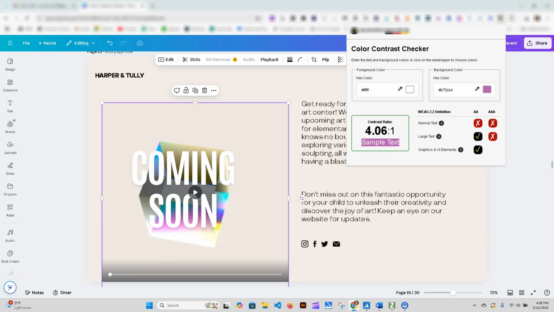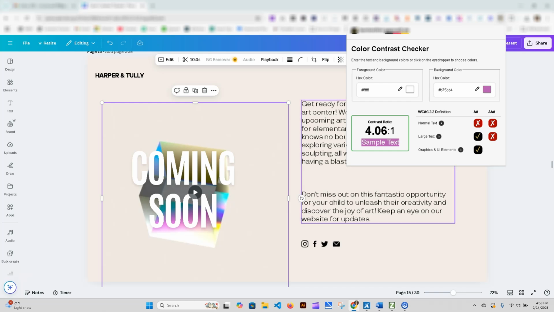What you need to do when you're testing an element like this is you need to actually test the foreground to each of the background colors. And it's best to start with the lightest, because if it's not passing the lightest, where the white text is touching the lightest color, which you could maybe say is this yellow, or this kind of purple and pink really fades out very lightly here. So you'd want to test it to that, because if it's not passing that, then it doesn't pass. So you don't need to test all the other colors, but you just need to be aware when you're doing that, that you need to test the lightest foreground color to the lightest part of the background color. So that's just a tip for you when you're testing.